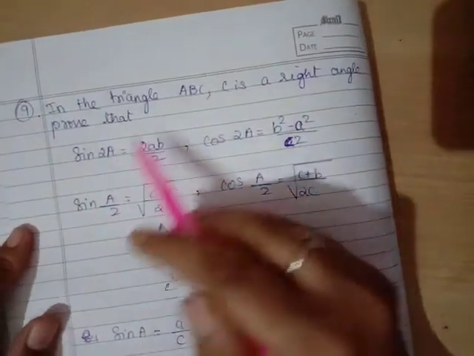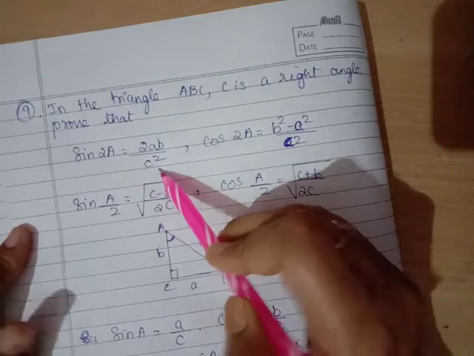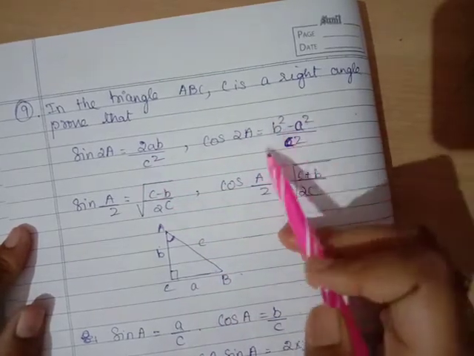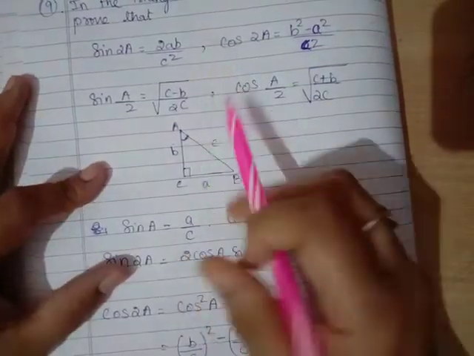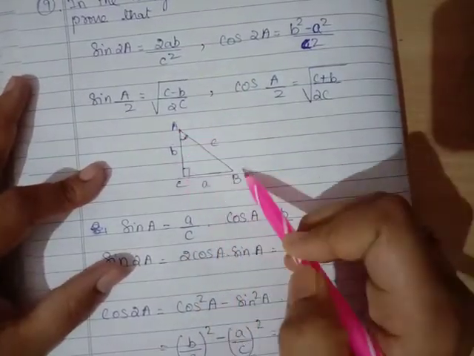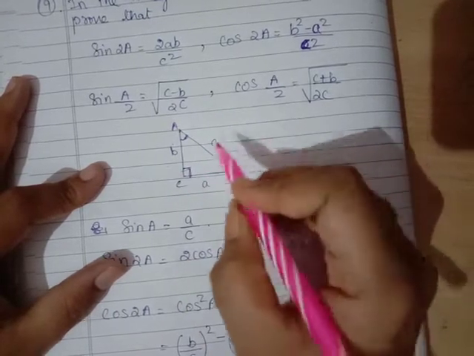I'll start with question number 9. Question number 9, in a triangle ABC, C is a right angle triangle. Prove that sin 2a equal to 2ab by c square, cos 2a equal to b square minus a square by c square. ये prove करना है सब। तो first of all what do you know, पहले तो हमें ये बताया है कि इस तरीके से एक एंगल है and it is given that it is right angle that C, ओके।